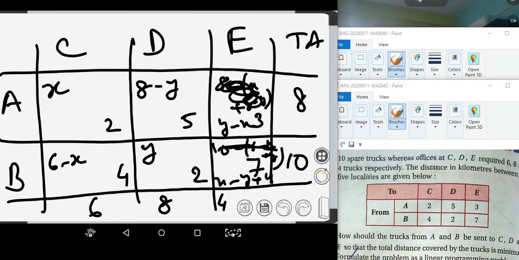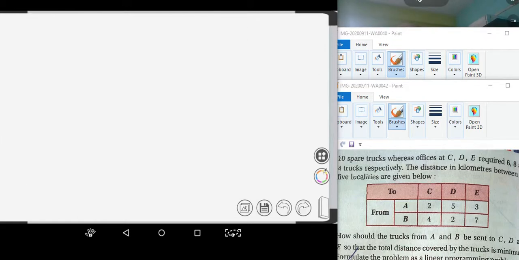So if you add row and column, it will become 4. In the top it is Y minus X, and in the bottom is X minus Y. So Y minus X plus X minus Y plus 4 gives you 4. That's fine. So that means what we have is